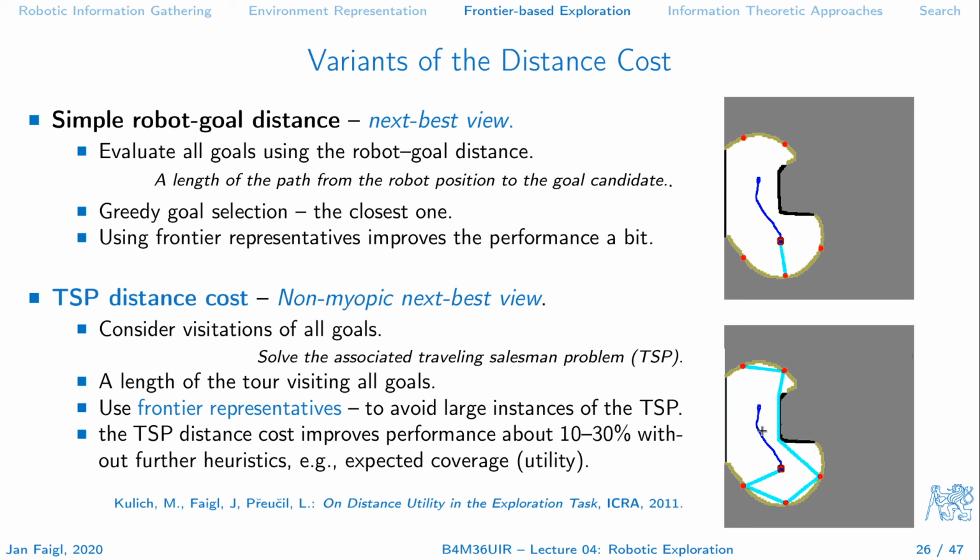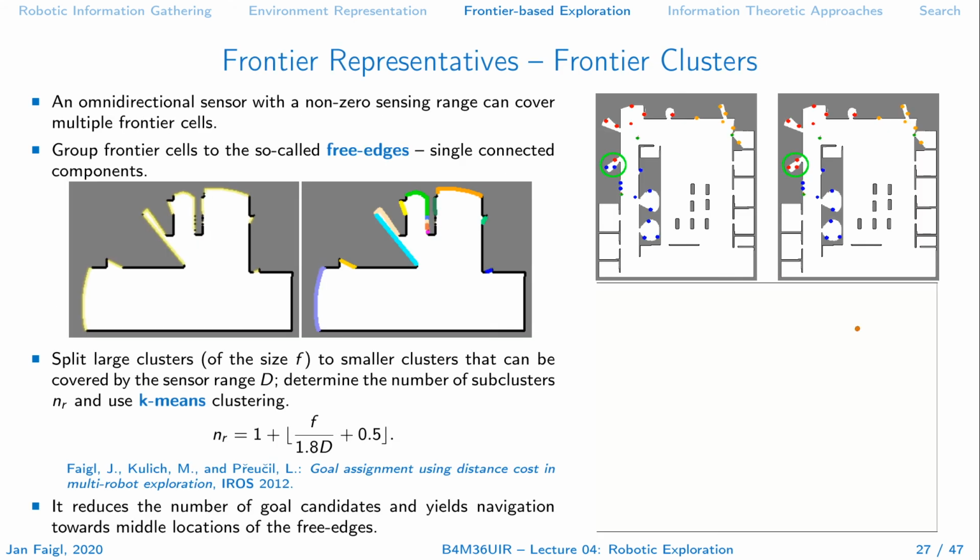Of course, it's not a closed path, but you can consider it as closed. That's a technical detail. In this case, you will have a path like this, and it's quite surprising that considering this longer planning horizon, this non-myopic next best view provides faster exploration and overall improves the performance. Of course, you can ask, is it demanding? No, it is not demanding if you have just a few locations, and that's actually the motivation why we consider these